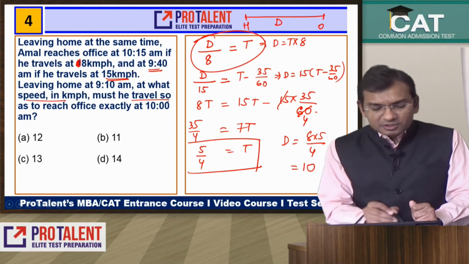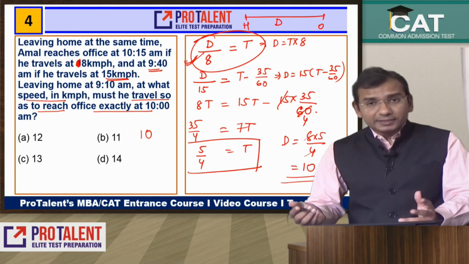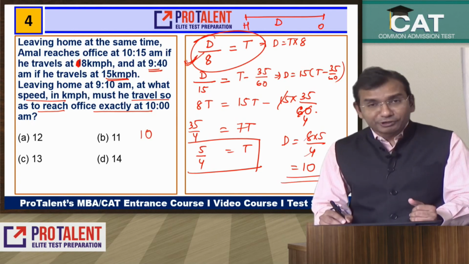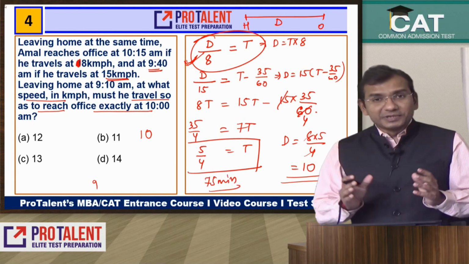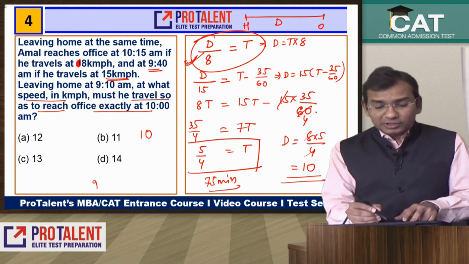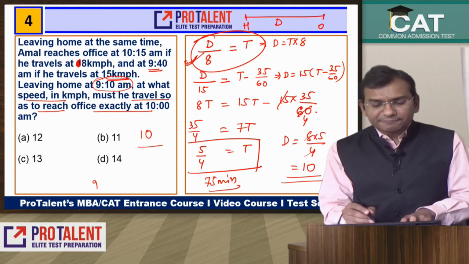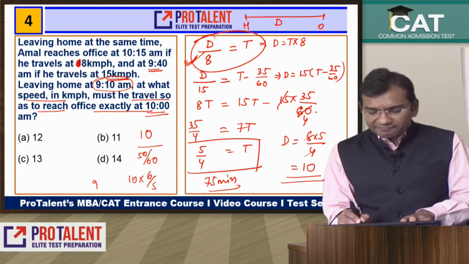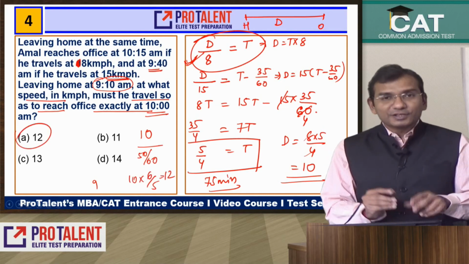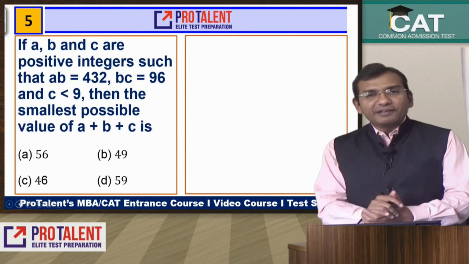Okay. Now the question is, at what speed in kilometer per hour must he travel so as to reach office exactly at 10 a.m.? नॉर्मली इसको 5/4 which is 1.25 which means 75 मिनट्स लगते थे, which means वो नॉर्मली 9 बजे घर से निकलता था। अब उसको कितने बजे निकलना है? 9:10। उसके पास टोटल टाइम कितना है? He is left with 50/60, मतलब 50 मिनट का टाइम है ना 10 बजे पहुंचना है। So therefore 10 into 6/5 makes it 12. 12 is the answer. Easy है, बहुत easy है। चलिए great.